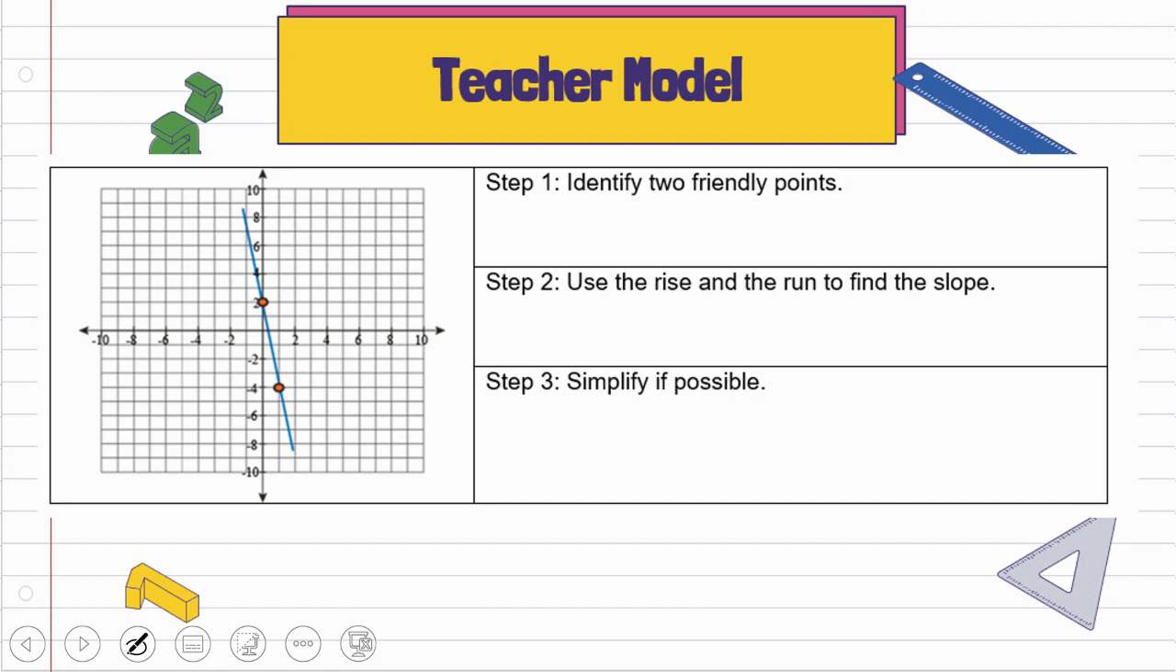For the next one, we're going to take a look at another graph. We're going to identify 2 friendly points. They've already been identified for us with the red dot. So now I'm going to do my rise, which is going to be along the y-axis. So it's going to be 1, 2, 3, 4, 5, 6. So for my rise